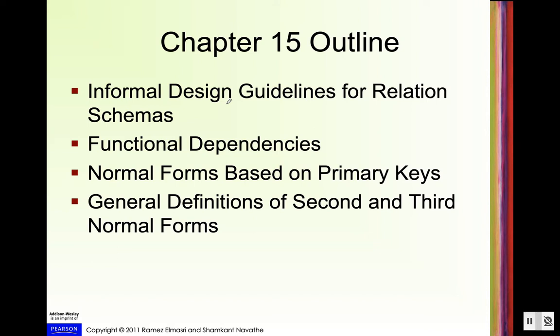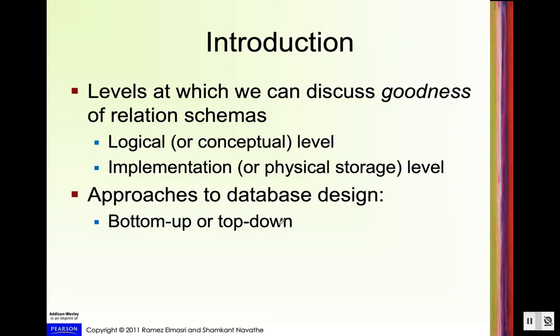informal design guidelines for relation schema, functional dependency, normal forms based on primary keys, and a general definition of second and third normal form. So the main motivation behind this chapter is we are going to discuss the quality of relational schema, or we are going to discuss the goodness of relational schema. So what that means is, so far what we have talked about,